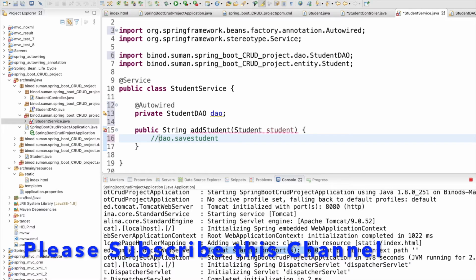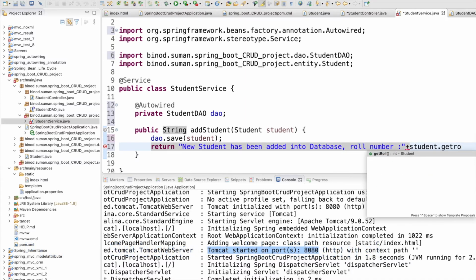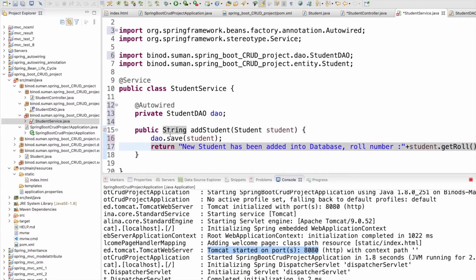So just go and call save on the DAO, save student, that's it, and return one message that the new student has been added into the database. And also you can say what his row number was, right? You can say that.